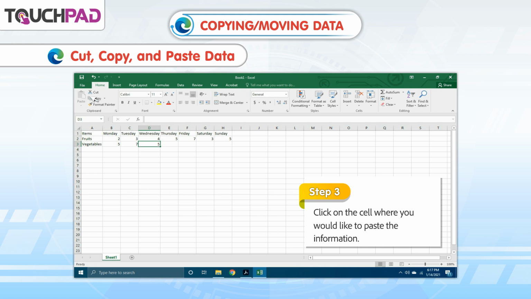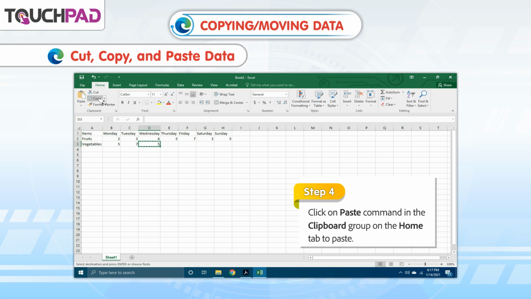Step 3. Click on the cell where you would like to paste the information. Step 4. Click on Paste command in the Clipboard group on the Home tab to paste